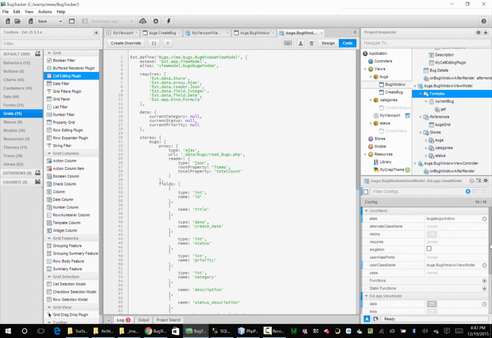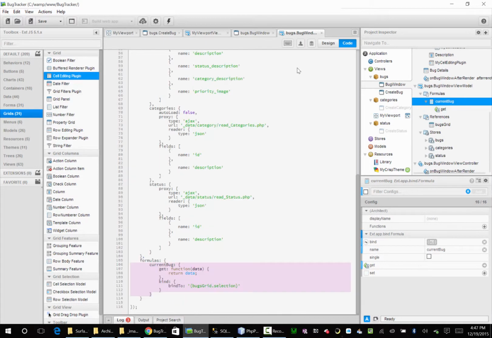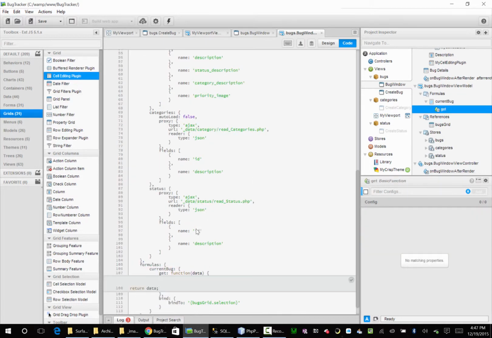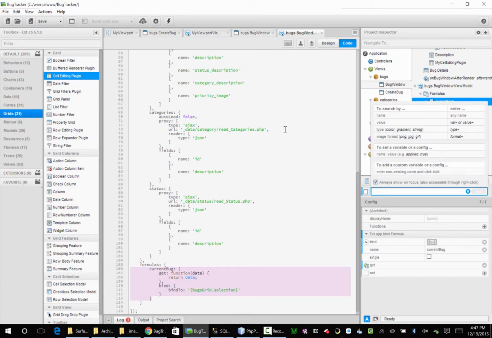And then we have to go to formulas and click plus. We're going to call it current bug. And then inside of that, there's a get, and get is going to return data. And then in current bug, you have to go to bind. And then it's not there, so you click add, type in bind, you hit add. I'll go ahead